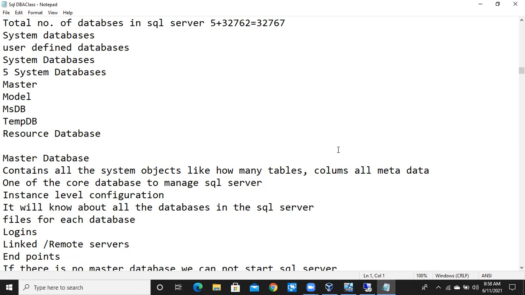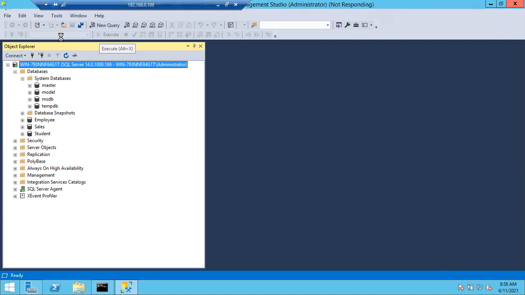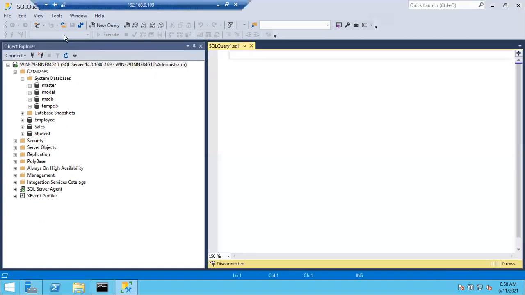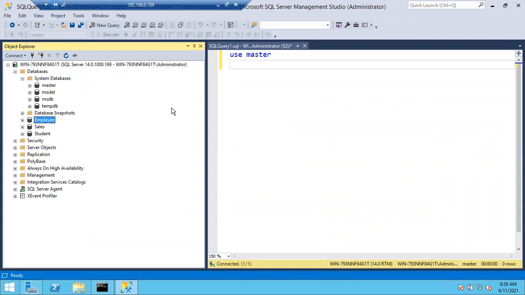Okay, can you let me know what is the query to pull the data from any table without selecting the database at the top, and without writing a query like USE database name? Without these two things, I want to pull the data in the employee database. How can I do that? What is the query for that?